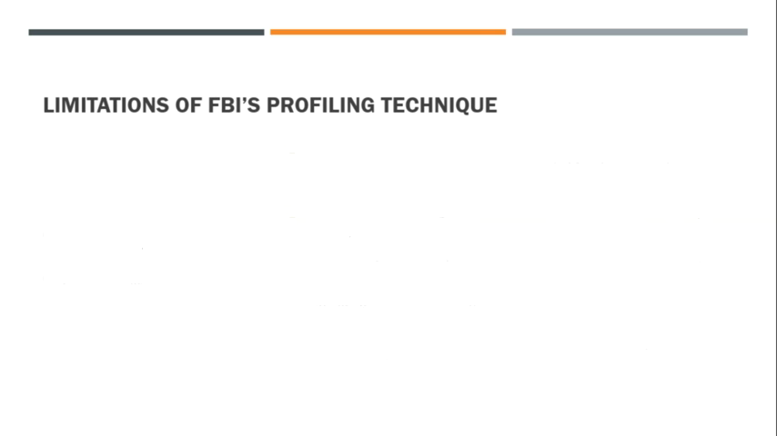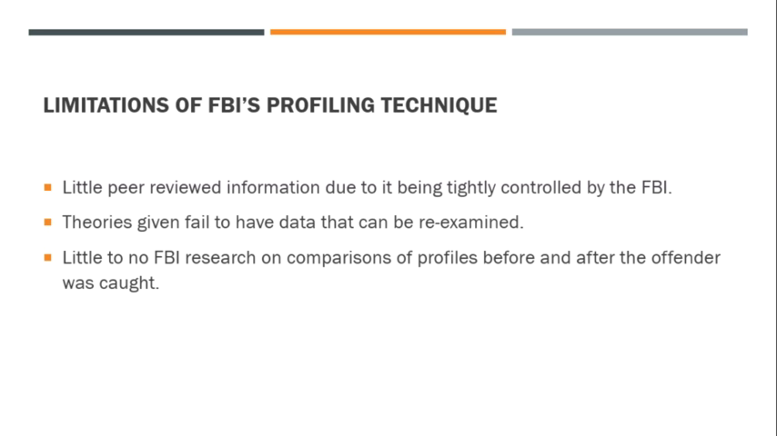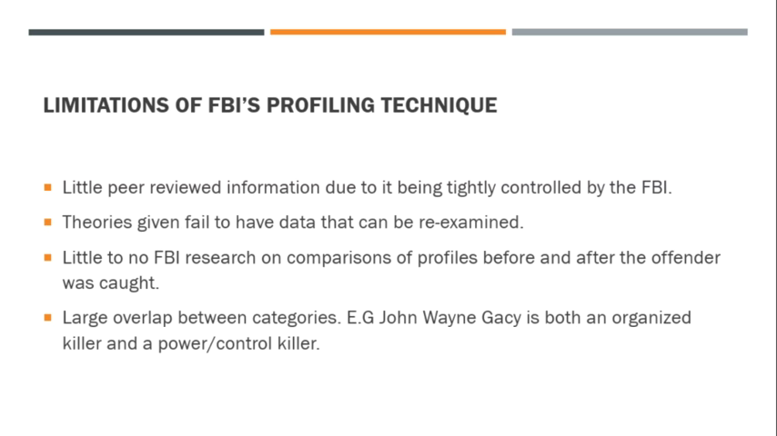This type of profiling, however, isn't without its downsides. Firstly, there is little peer-reviewed information. This is due to the information being tightly controlled by the FBI, meaning that it's very hard to get hold of the original FBI research. The theories that are given fail to have data which can be re-examined. There is little to no work done by the FBI on comparing the profiles before and after the actual offenders are caught. There is also a large overlap between categories, causing there to be problems in making a determination of category. For